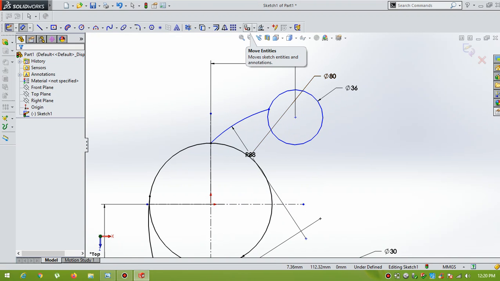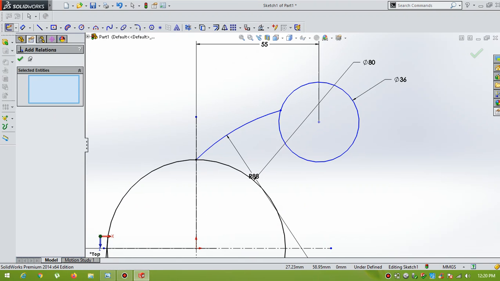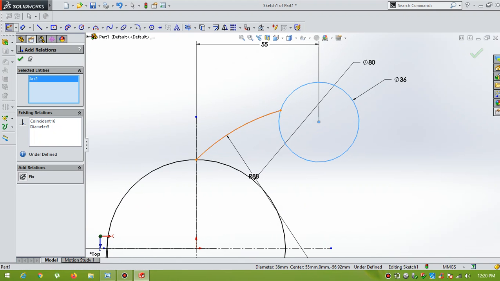Go for Add Relations, select the circle and arc, tangent.